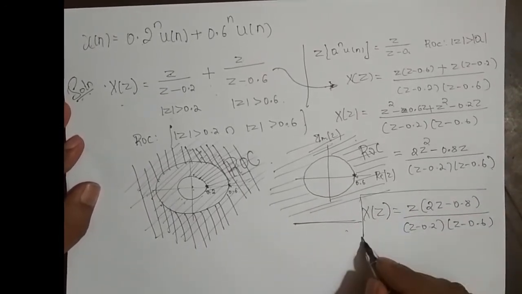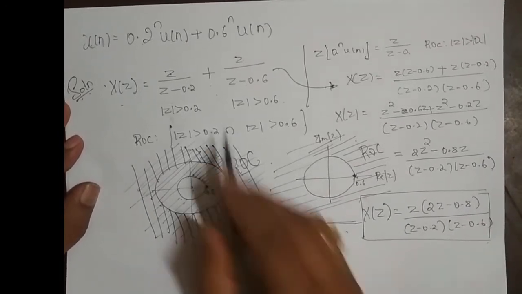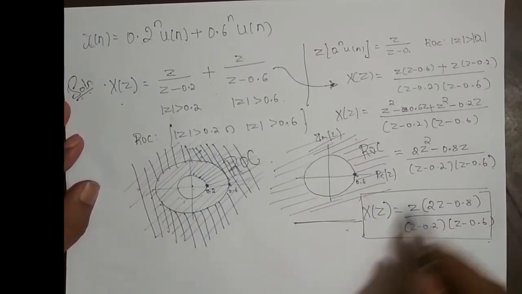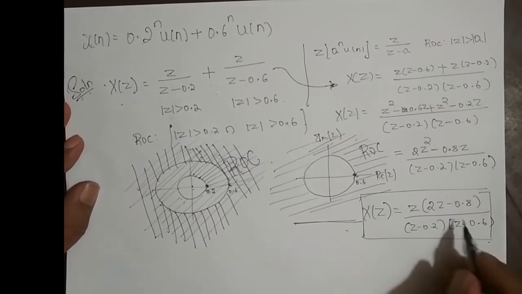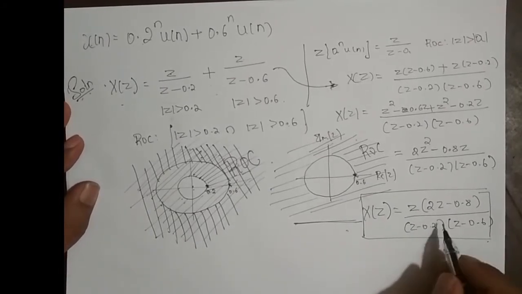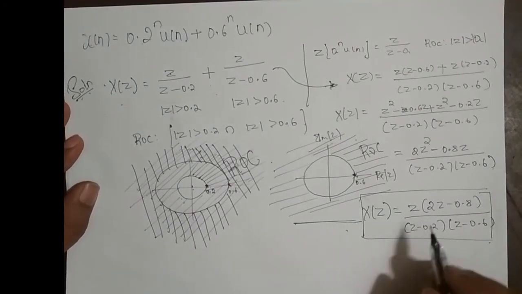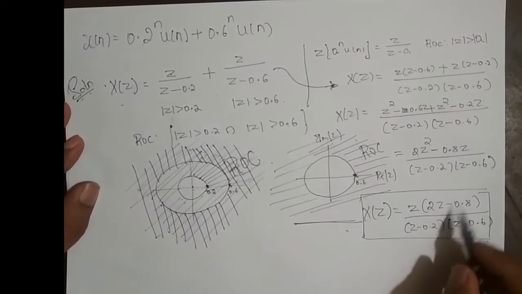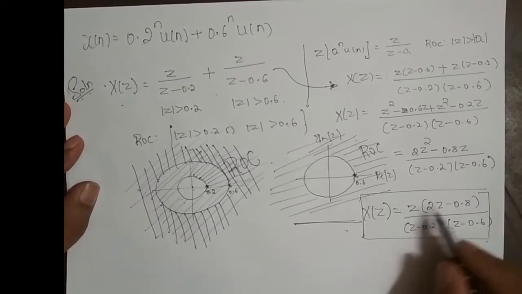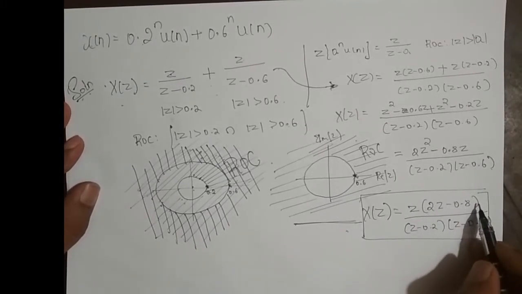Okay, this is the simplified equation of the z transform. The way I simplified it, I can easily say how many poles and how many zeros are there in the given sequence. How can I say that? How do we define zeros of any polynomial? The values of z for which the numerator is 0 are the zeros.